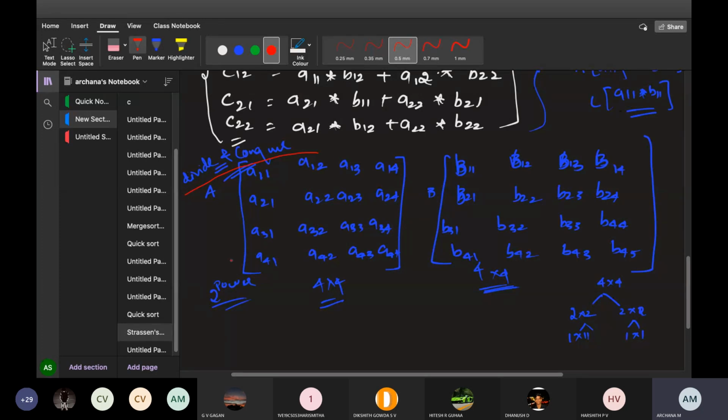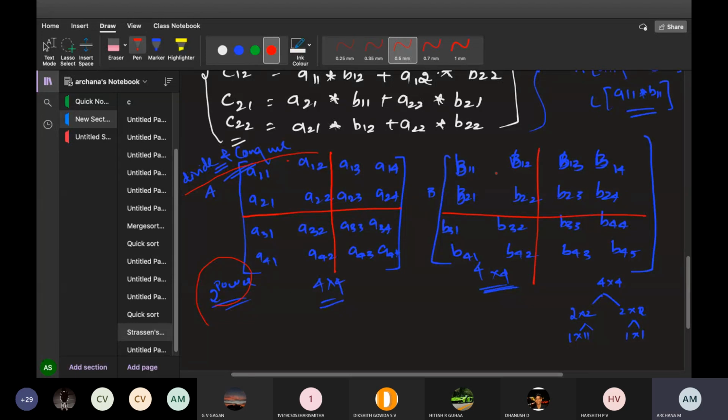Now, a problem with 4 cross 4 matrix is given. You need to divide this 4 cross 4 now. Always see to that when a big problem is given, you have to divide that into powers of 2 so that you can use these formulas which are already written. Okay. Now, this 4 cross 4 matrix is given. How can I divide this? Look here. I can divide this in this way. I can divide this whole 4 cross 4 into 2 cross 2 matrix.